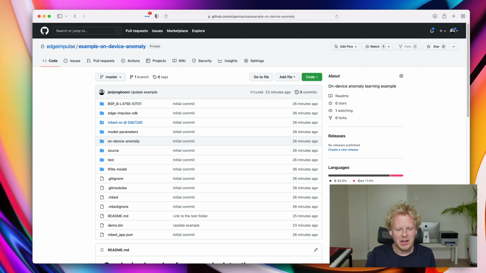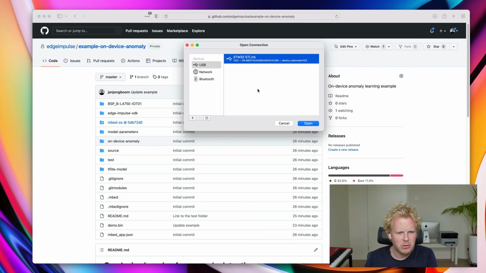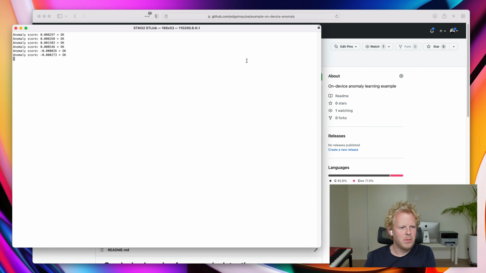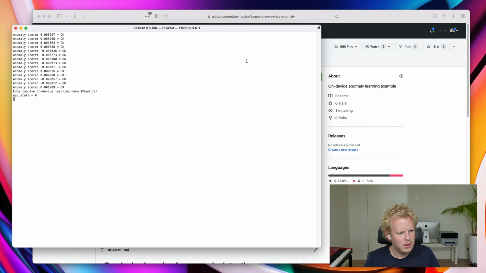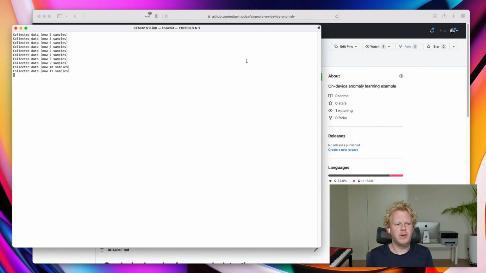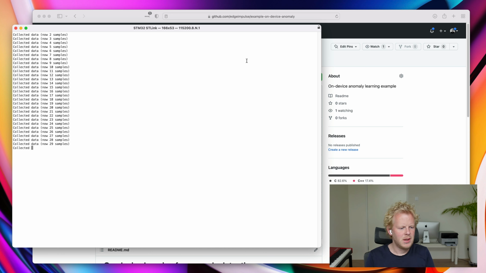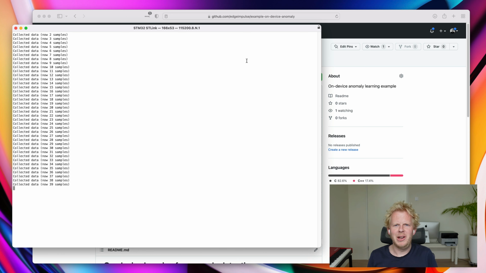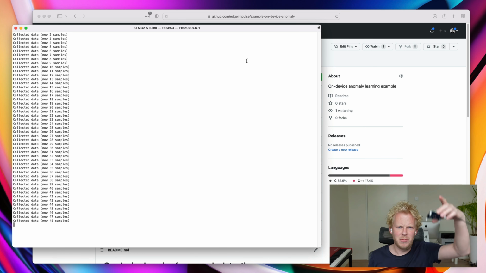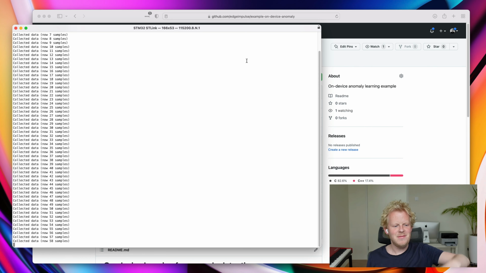Let's take a look at how it works in action. So there's a demo.bin file in here that you can flash, or you can flash from scratch. And at first, we're just going to collect data, and this is normal state. So I have the device idly running on my desk, and let's add some up and down. All right. And after we've collected some data for these two classes, now we know what normal behavior is, and